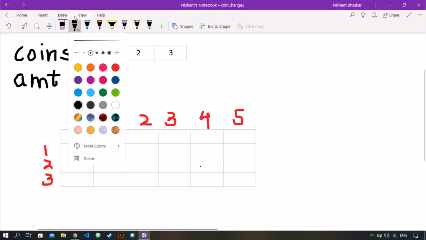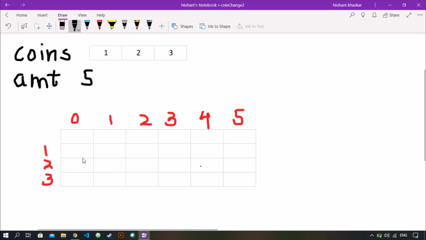Okay, so we need to define a matrix of this size. The columns will be equal to the total amount plus 1, and the rows will be the number of coins plus 1. Okay, so we initialize the first column as 1 1 1 and the first row as 0 0 0.